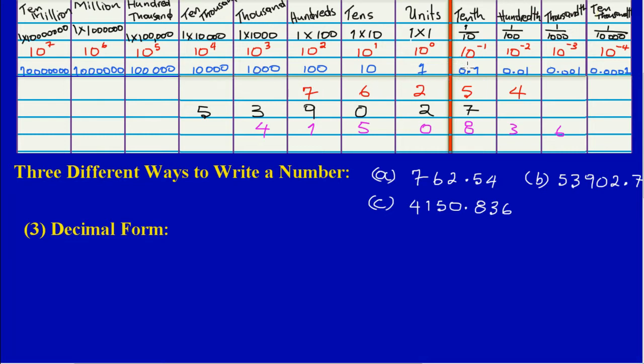And if you notice, to the right of my point, I would have a 0.1 in my 10th column, then I would have a 0.01 in my 100th column, and I would have a 0.001 in my 1,000th column. Okay? So having said that, let's look at how we write part A